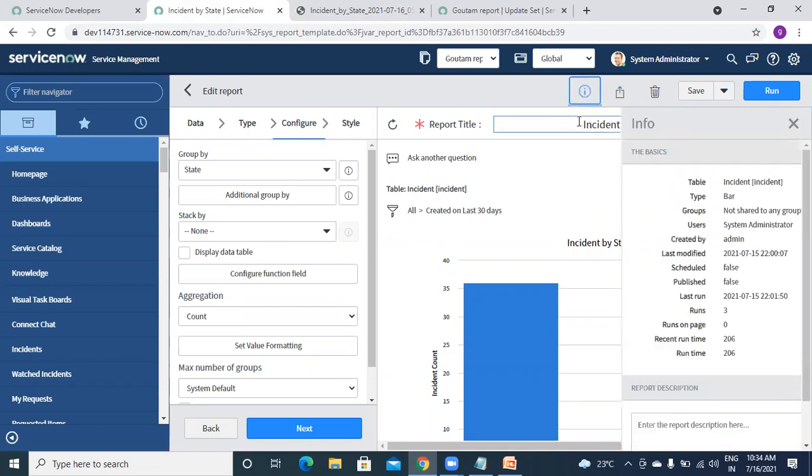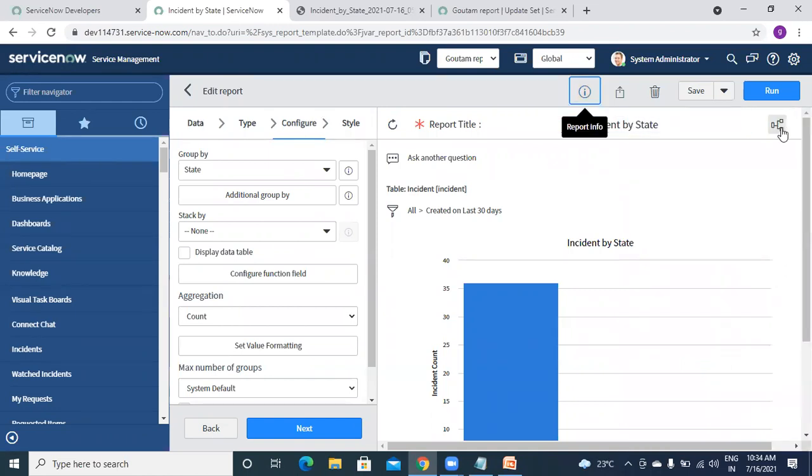And in the report info you can see the info of your report, like which table it is created on, what type it is, like bar, with whom it is shared, who created it, user, last modified, schedule, published, all these things.